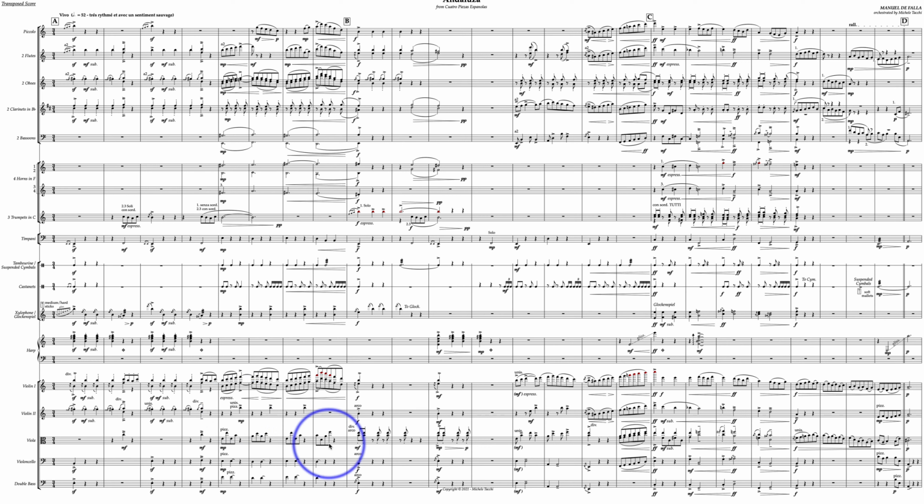These Bs are perfectly playable by the violas, right? In fact, your scoring for the viola is so high, just in general, that you might as well just put a treble clef here, right? And you could bring back your alto clef, say maybe right around here or here, or maybe here. But yeah, I just think you could give this pizzicato note here to your violas, and then